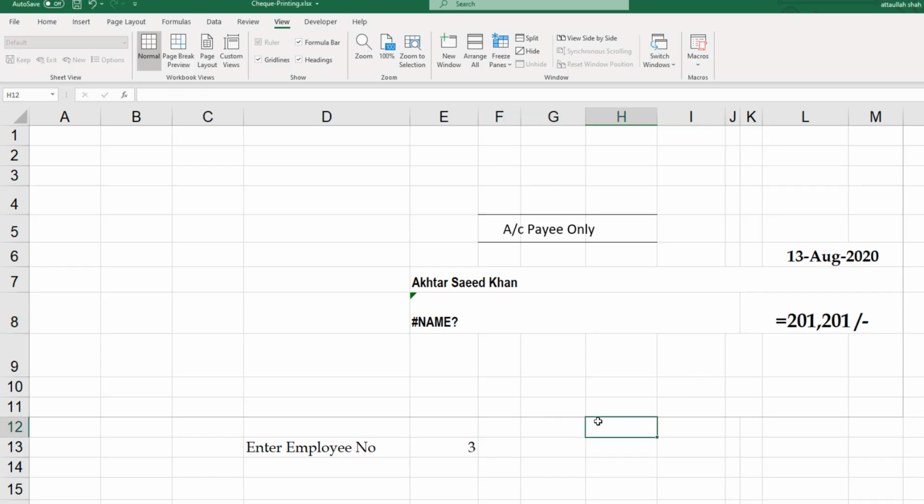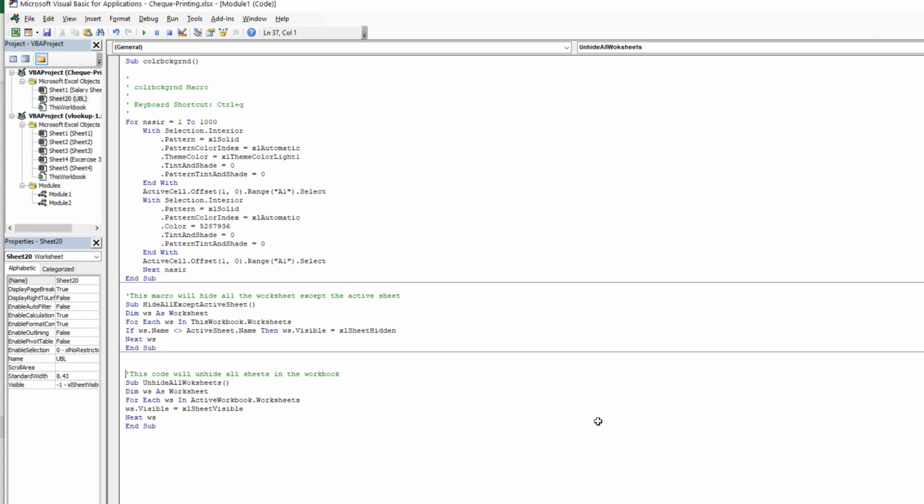So copy, we go to Excel, Alt F11, we'll insert a new module. Actually you should know which Excel this one has opened for.